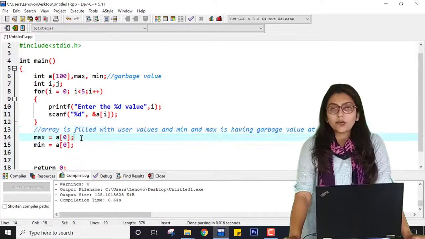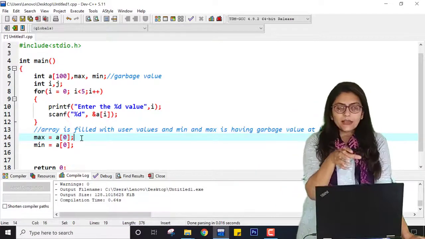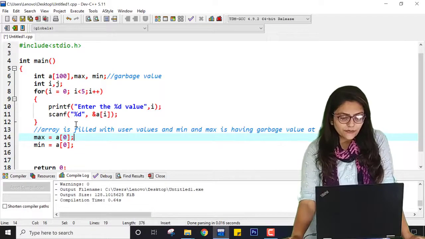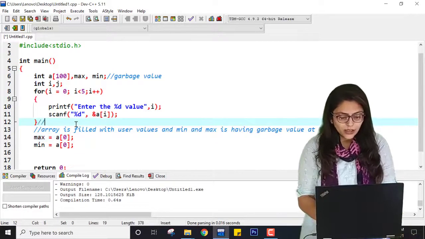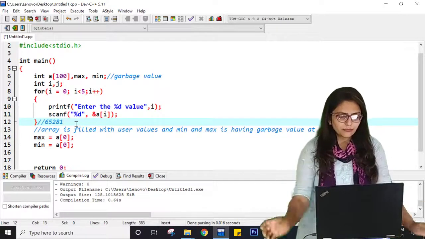Now at this point, I am assigning the first value of the array to min and the first value of the array to max. Suppose the user has entered something like 6, 5, 3, 2, 8, some 5 values.